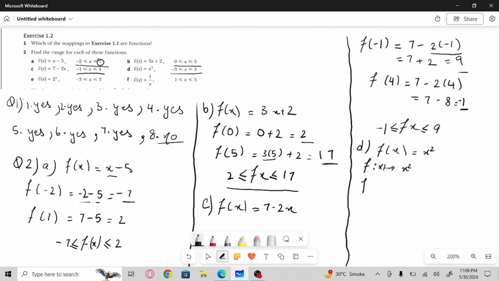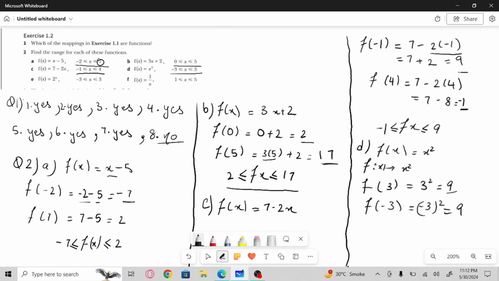So again, instead of x, we are going to input 3. f(3) is equal to 3 squared, which is 9, of course. And again, for -3, we are going to get 9. Now there's a twist in this. If we say that these two values are both the same values,